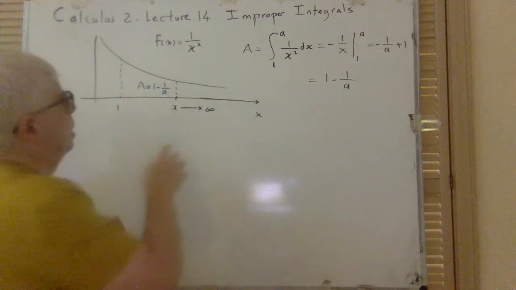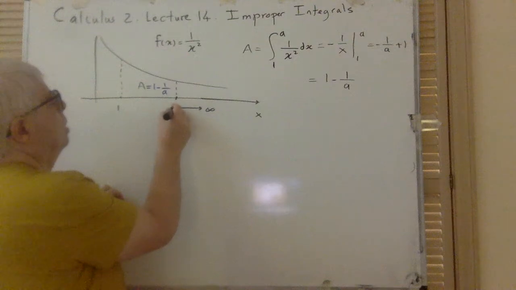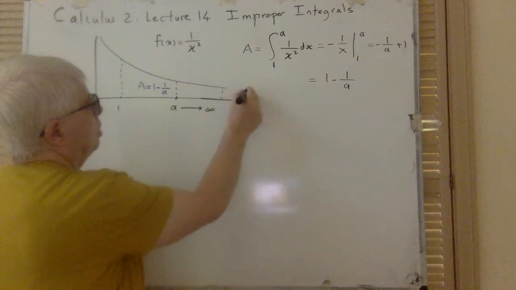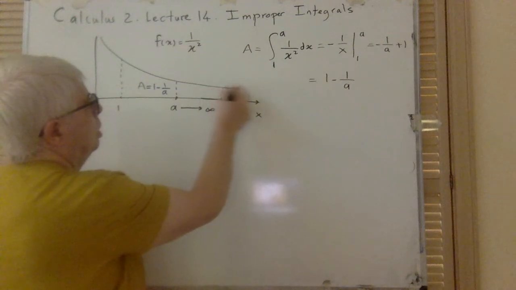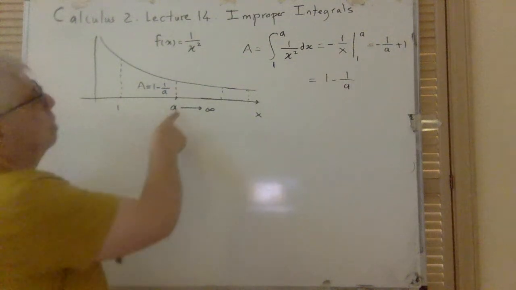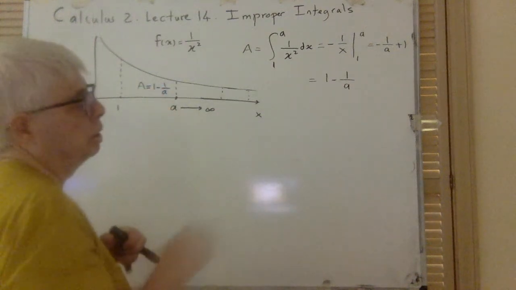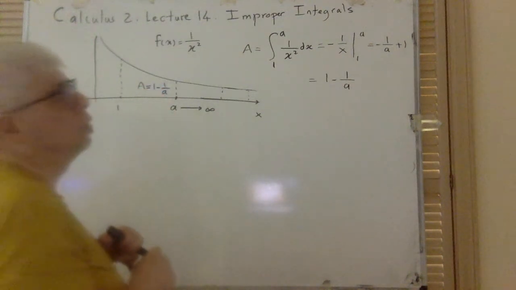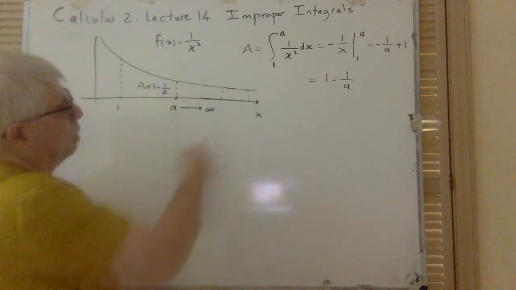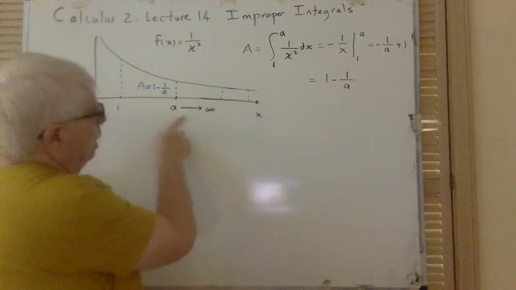Now what happens as a gets larger and larger? As a gets larger and larger, which means a goes to infinity, so a comes here, then here, then here, and so on, then the area gets larger and larger, right? When a gets larger, this denominator gets larger, so 1 over a gets smaller, so 1 minus 1 over a gets larger. But what is the limit? Which means as a goes to infinity,